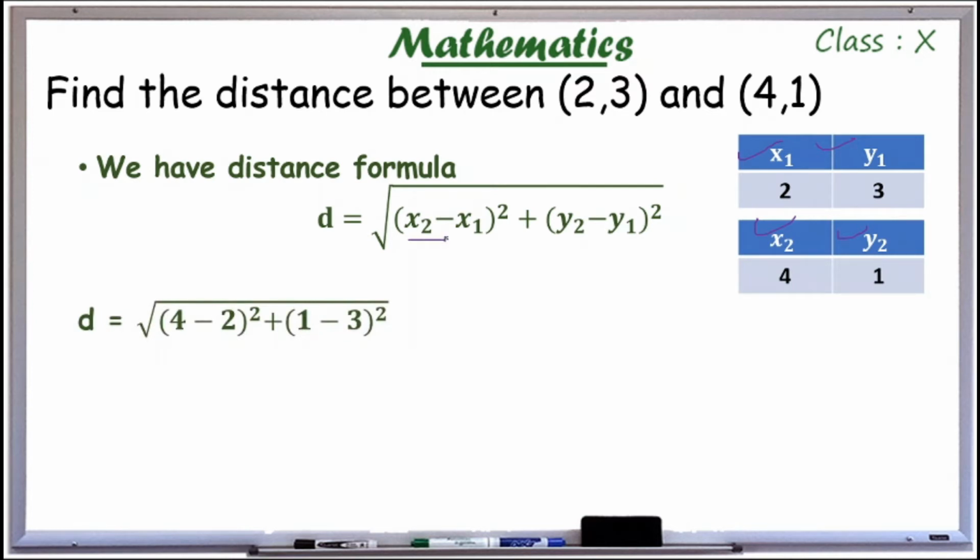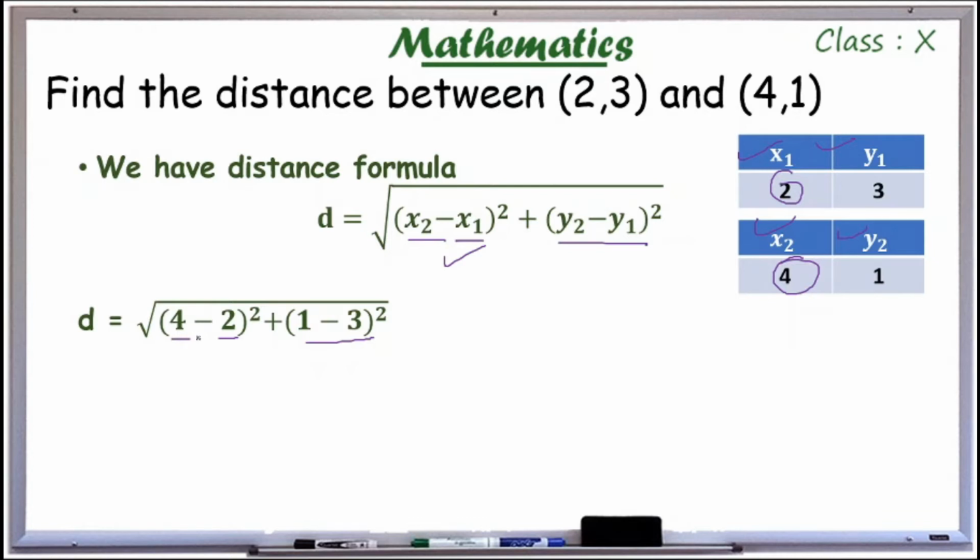So d is equal to, here x2 is equal to 4. x2 minus x1, x1 is 2, so I write 2. x2 minus x1 all square. Okay, the first part is finished. y2 minus y1, so 1 minus 3 all square. So also you have to put the root. Majority will forget about this root. So we have a root here. You have to find the root of (x2 minus x1) all square plus (y2 minus y1) all square.